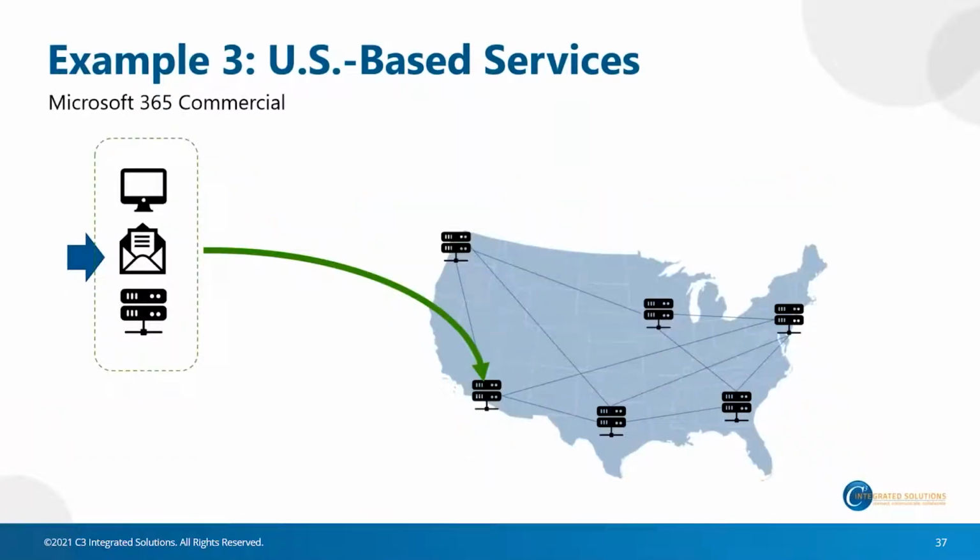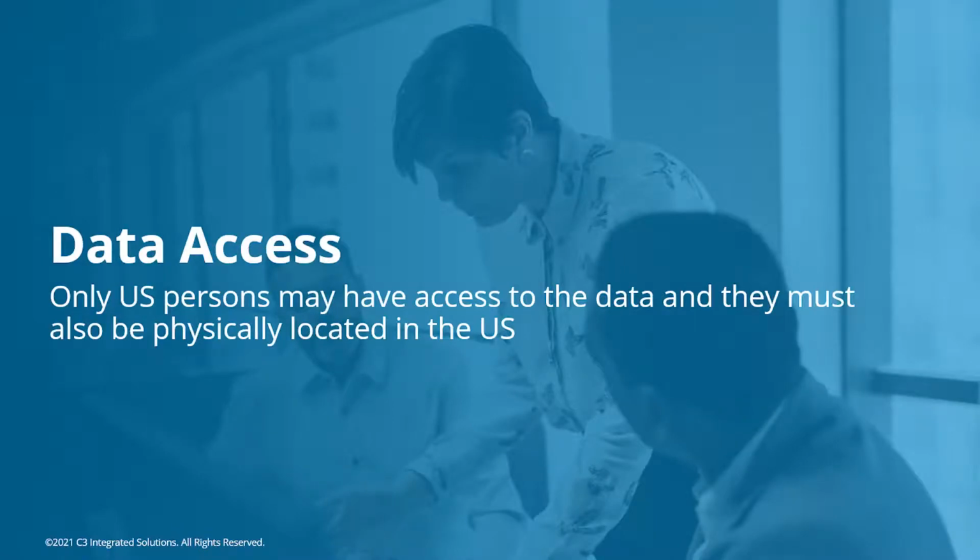From a cloud-based standpoint, what we try to look for all the time is US-based services. Microsoft 365, the commercial version, is a good example of this, and we'll talk about why it's good and what some of the challenges are with the commercial version a little later on. But in this case, Microsoft will attest, and they will put in writing, that for all of their services in the commercial version, if you have a US tenant, your data will stay in the US. And that's what we look for when we're working on export control data. But as Jody mentioned earlier, it's a little bit more than that. In addition to data residency, we also need to be concerned about data access.